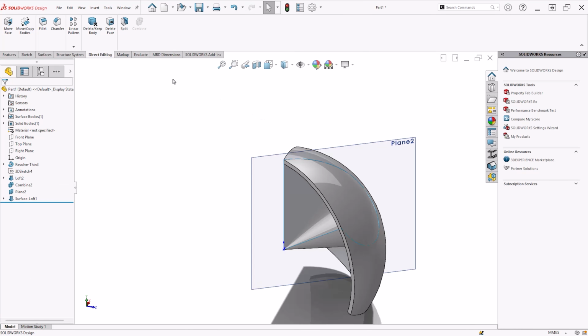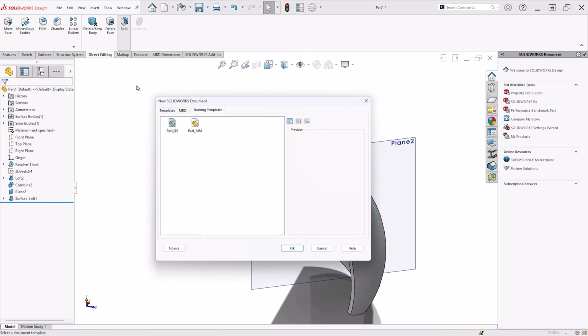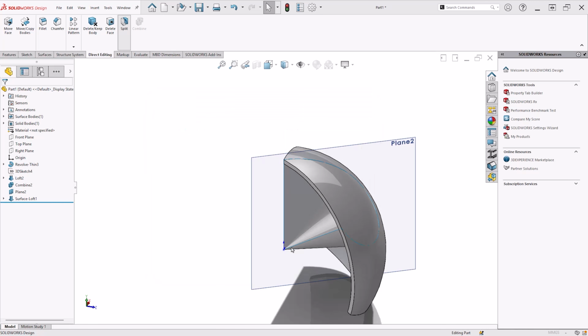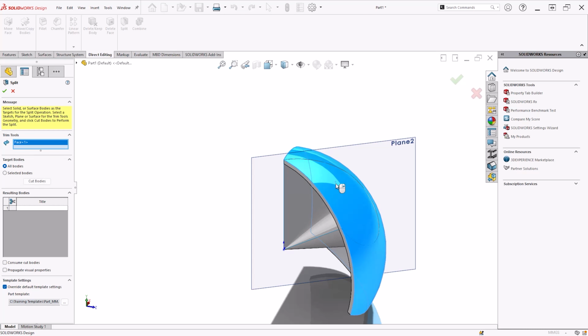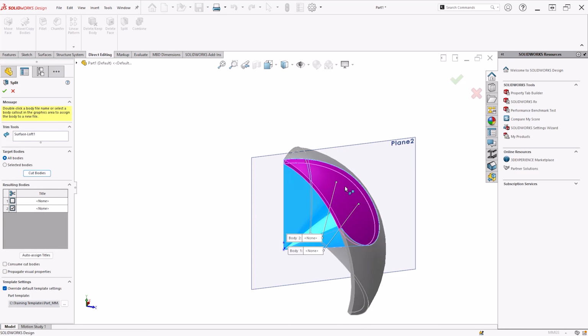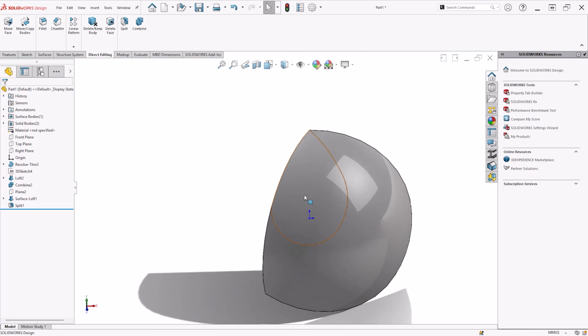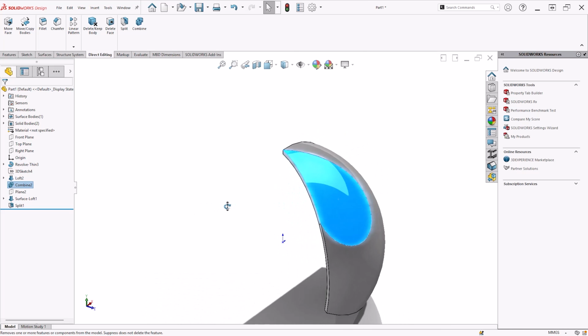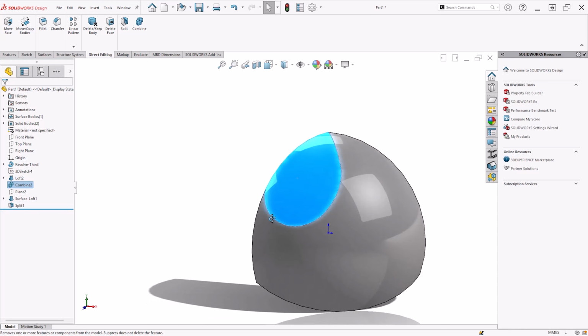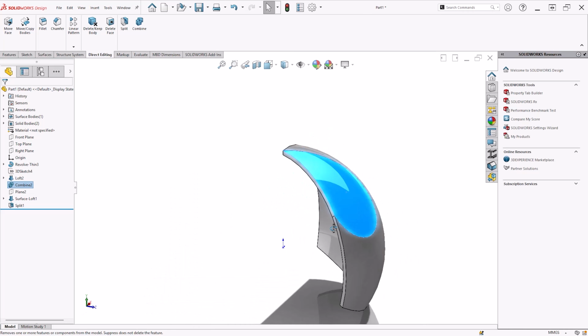I was going to say the fun bit, I don't know, but I'm going to use the split command. So we're going to split this, so we can choose our templates that we want to use. That's only if I was going to save it out. So this is the cutting tool. I cut the body, so I need that to be separate. So it now is. I can hide this away. I can even hide that plane away. So now I have that shape there. This is a separate body.